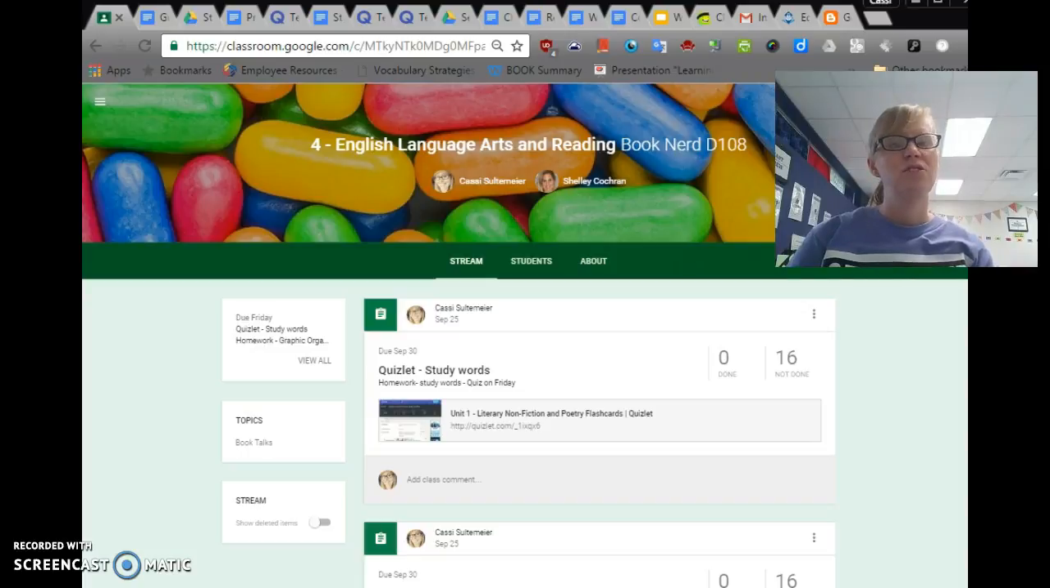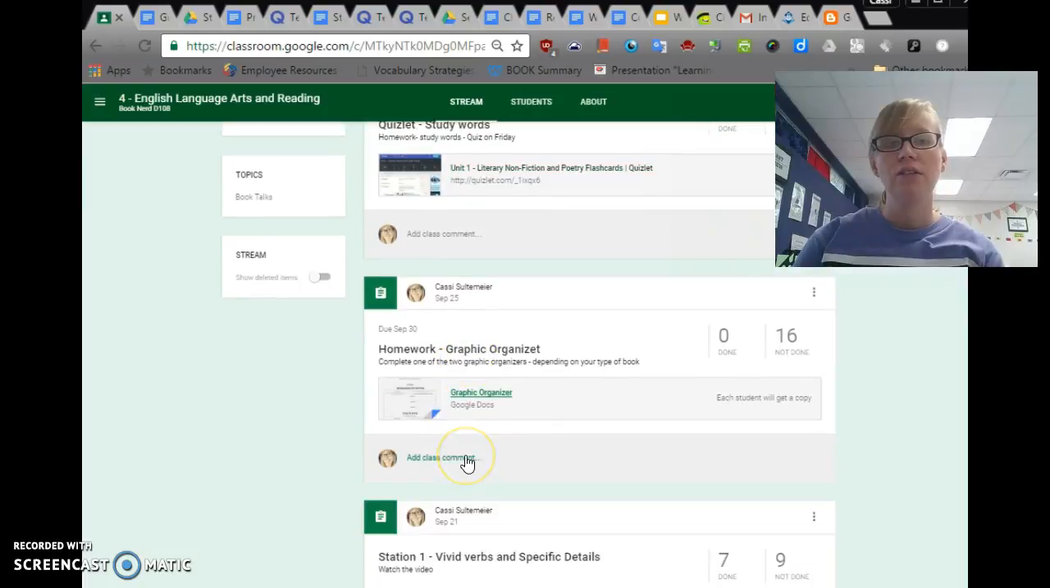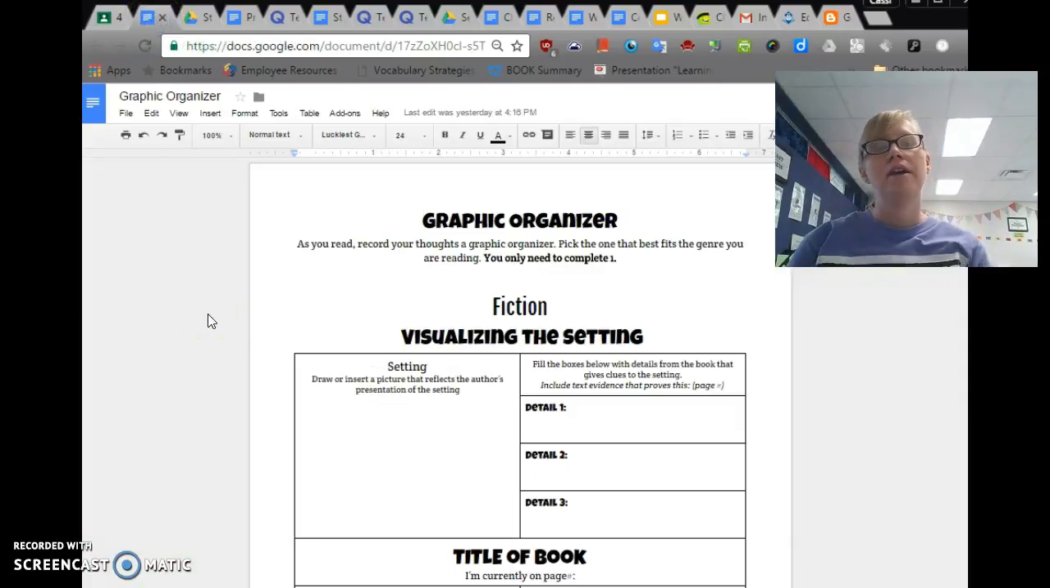Last week we were focused on just reading and taking notes. This week we're going to focus on reading, and while we're reading, really processing our thinking. And we're going to do that by using a graphic organizer. So if you find on your Google Classroom where it says Homework Graphic Organizer, go ahead and open that up. You can type directly in this, or if you'd like a paper copy, I have some in my red folder